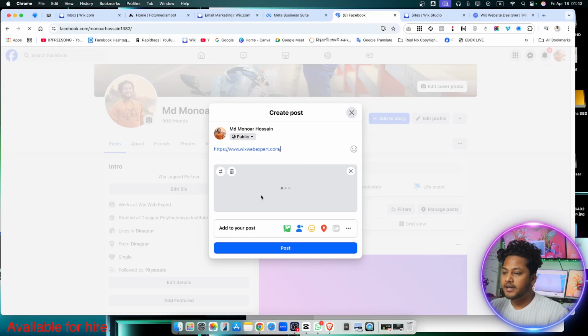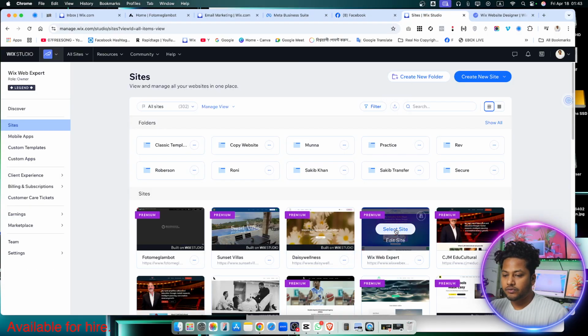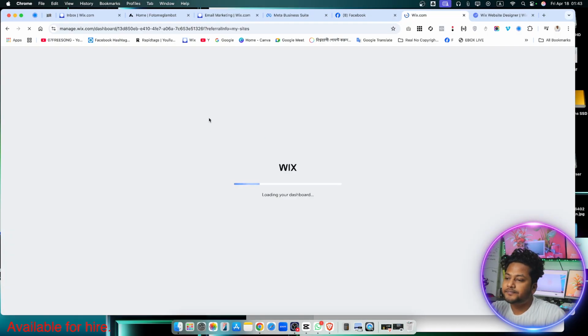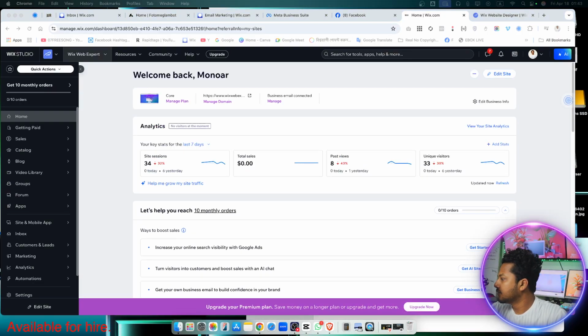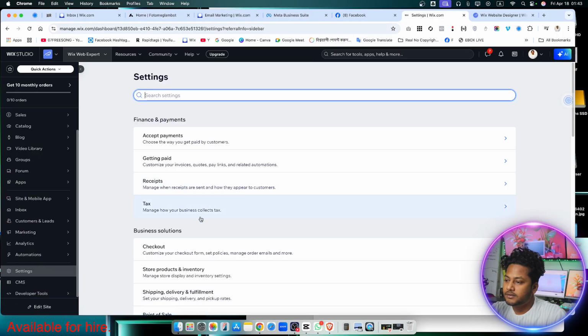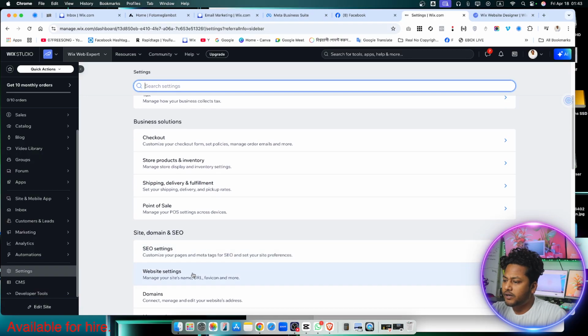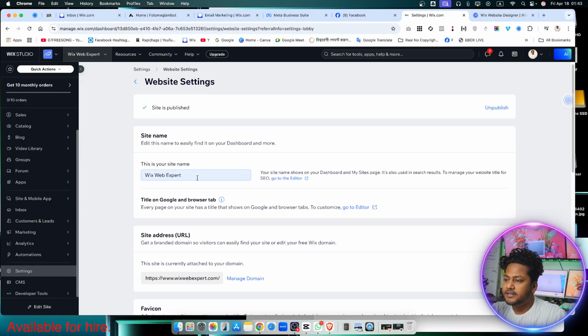then you can see a social image generating here. So how can you control it? How can you change it? At first, you need to go to your website, and then you just need to go to settings here, and then we need to find website settings,